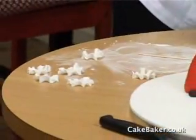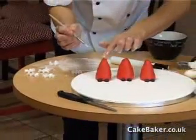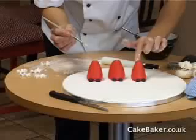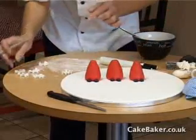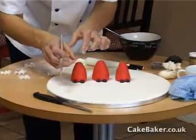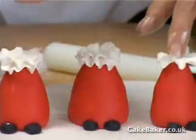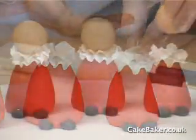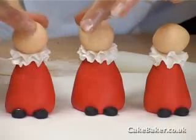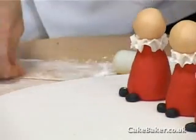Then you need to get back to your clear alcohol, tiny little bit again. Just make each one have a flat top. Tiny bit on each one, and then attach 2 to each one. So you can see they've got a ruffle around the neck. Stick that on there. So they're the 3 choir boys. What you need to do now,